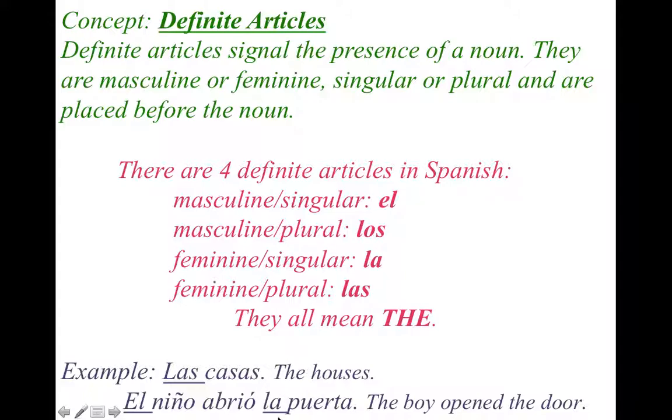It doesn't have to be these colors. It doesn't have to be in a PowerPoint presentation. It's up to you, but I will be looking for these 3 components for each concept. Notice how I explained it as well. I explained a lot of it in English, but all my pronunciation for the Spanish was appropriate. El niño abrió la puerta. Las casas. El, los, la, las. Right? So I will be looking for or listening for a combination as well when you present.